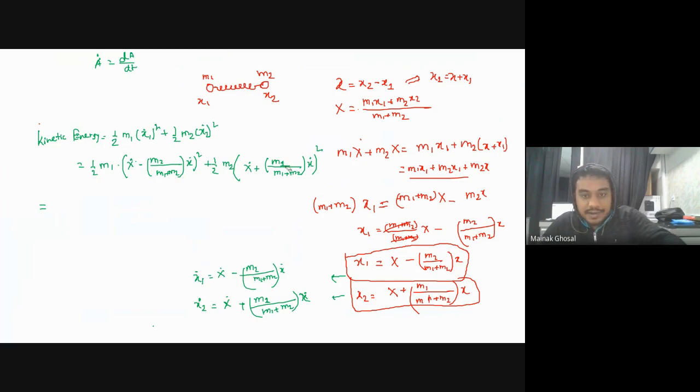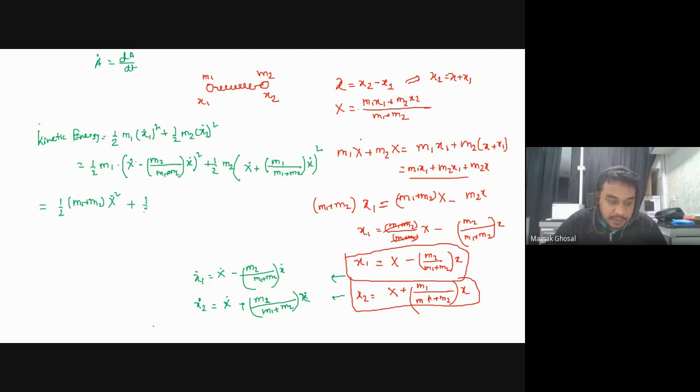Again it is like same. So this is m1. Okay. So you have got this, and if you do this, you will see what will be your final expression. Your final expression will be left with half. What will be your final expression? Final expression will be half m1 plus m2 x dot square plus